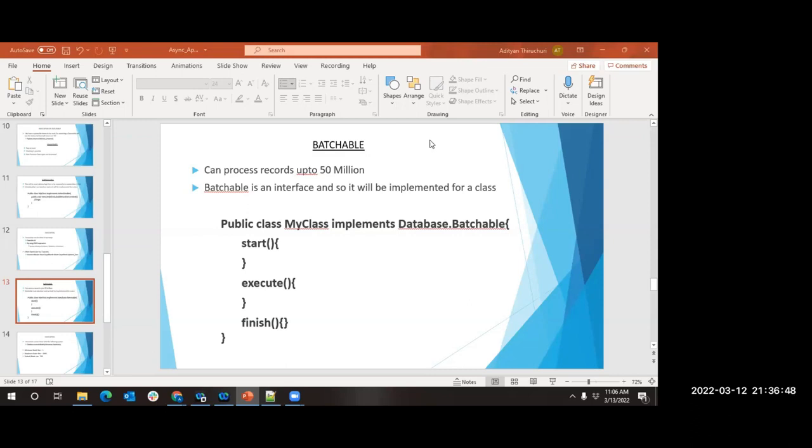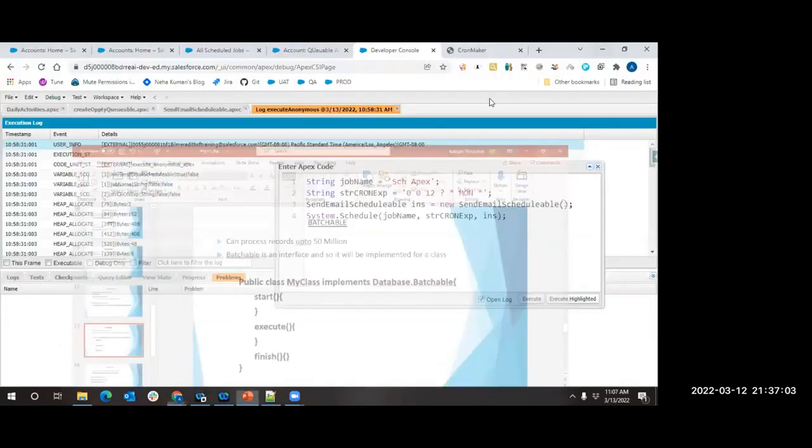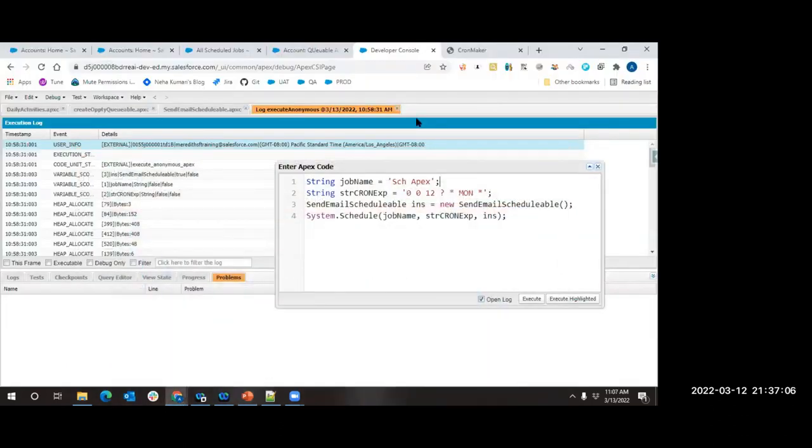In transaction, we are able to see job ID. You told that we can't see job ID. See, for a future class, when you're executing something future, let's assume that you have called 10 future methods at once for different scenarios. Now, when you go to Apex jobs, you will not get to know the scenario of which future job, because you never know the ID. But whereas in Queueable Apex, you can say ID queueableID is equal to System.enqueueJob. So you're getting to know the ID of your job. By using that ID, it will be easy for you to go and track it.